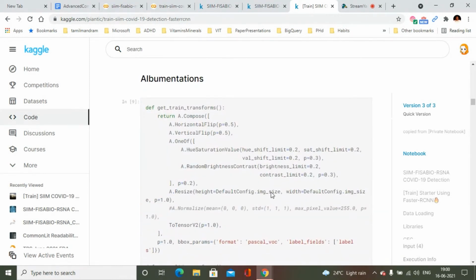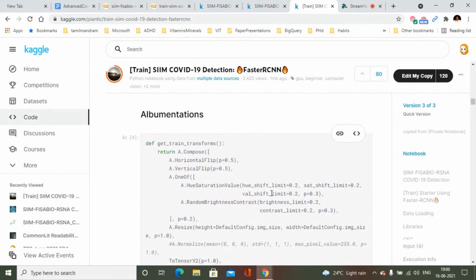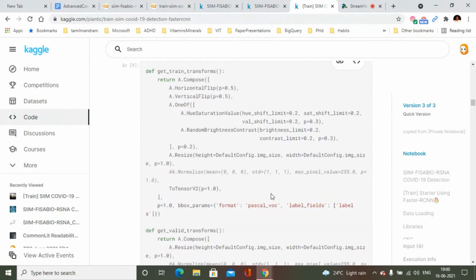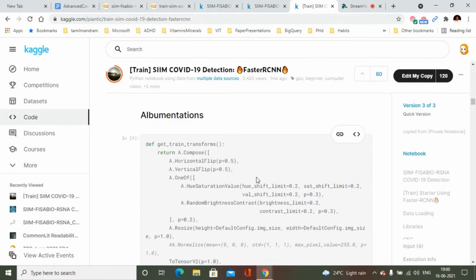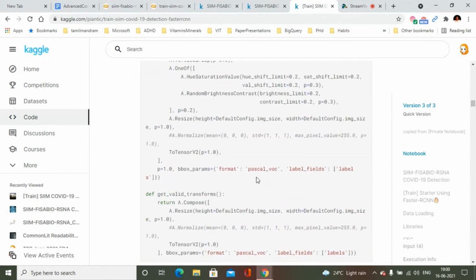And then Albumentations is for data augmentations. Whenever there is less data, you can create more data by using augmentations. You can use any augmentations package, but Albumentations is one of the recommended packages for augmentations.